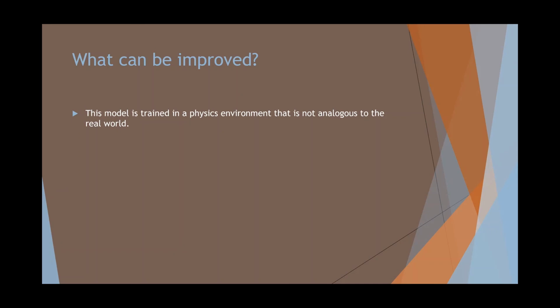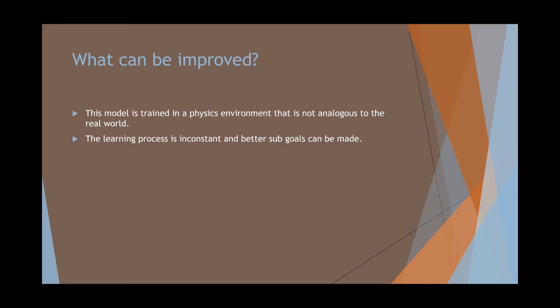So if you want to implement this thing in the real world, it would be good to train in the environment, and then afterwards get the model used to the real world, because they're not super analogous to one another. So the learning process, like I said before, is a little inconsistent, and the way that the thing